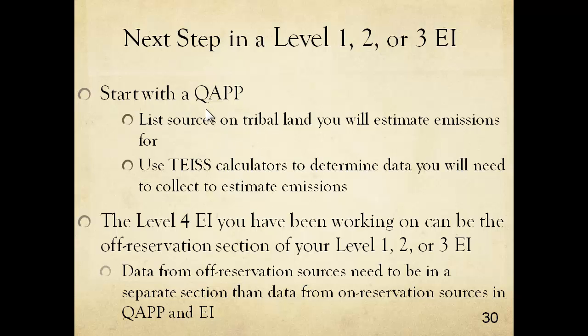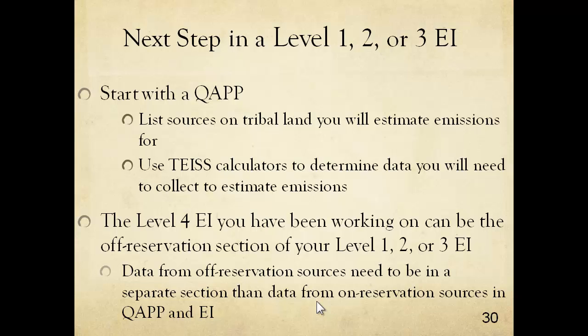So start with the quality assurance project plan, go through the steps that we've laid out for you following the example that we have. Keep in mind that the level 4 emissions inventory that you've been working on can be the off-reservation section of your level 1, 2, or 3 EI, but the data from off-reservation sources need to be in a separate section. So you need to make sure to have those in separate sections and you don't add